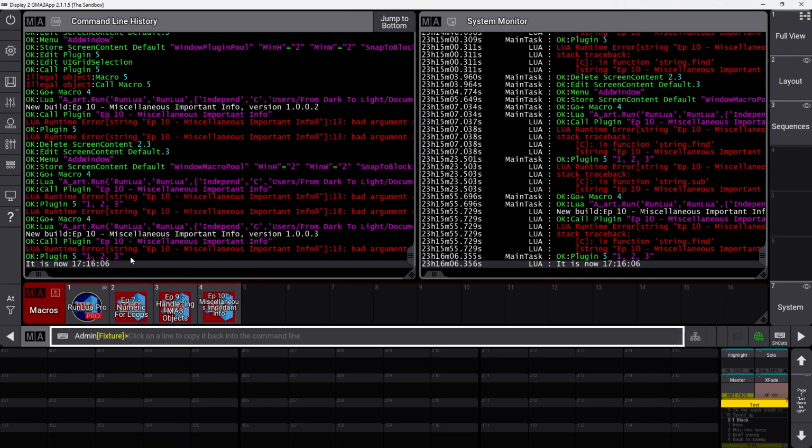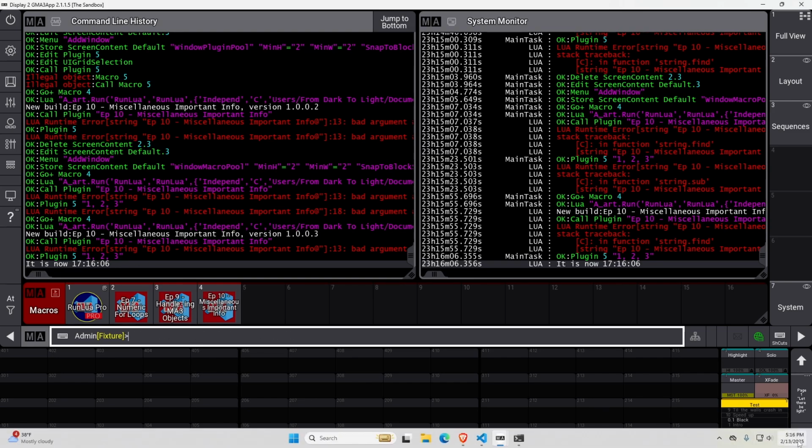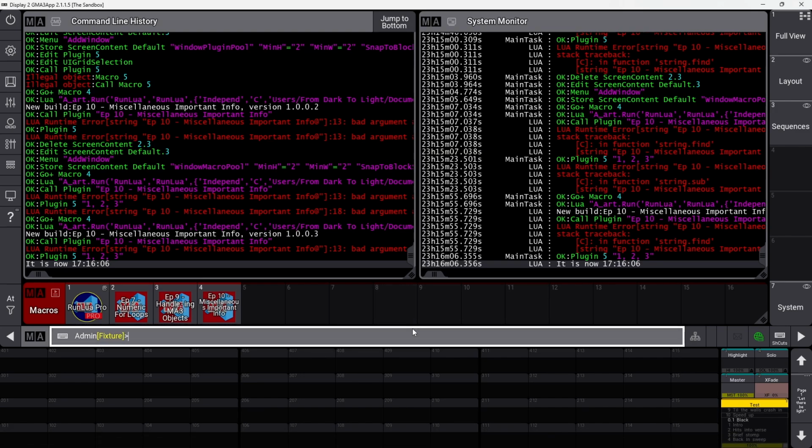Again, we didn't see anything coming out of that while loop because I didn't tell it to print the arguments or anything, but it worked. It ran them. And then it said, it is now 17:16:06. That would be accurate. I have my clock doing 12 hours, but this will run in 24 hours.